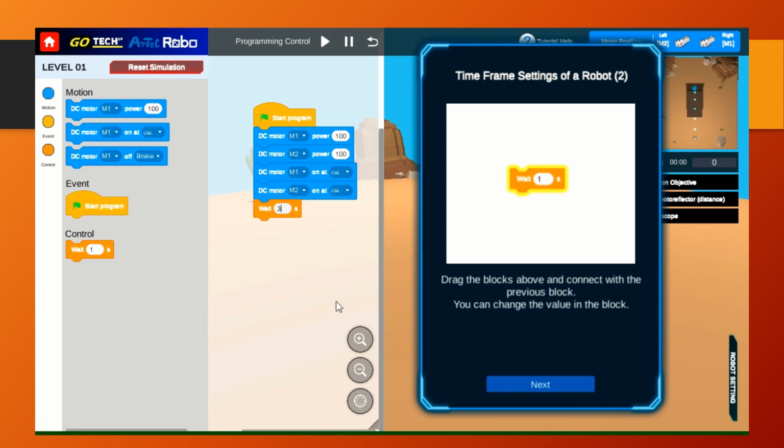Okay, how to change the value? You need to put your cursor after the number and then backspace, just replace the number. Or the other way is you need to double click the number until it becomes blue. Then you just enter your number. Next,